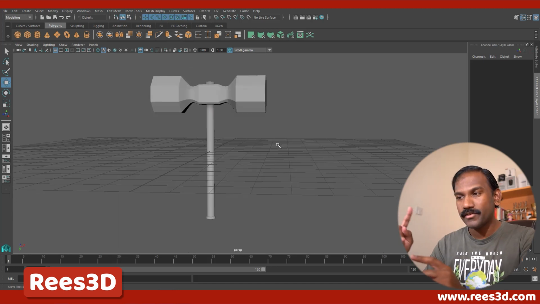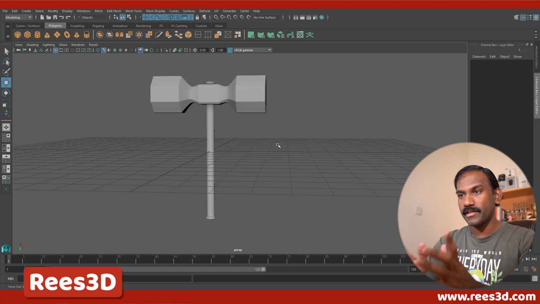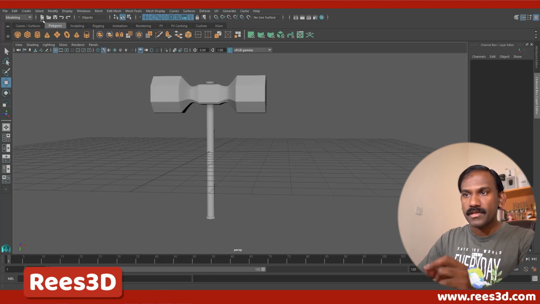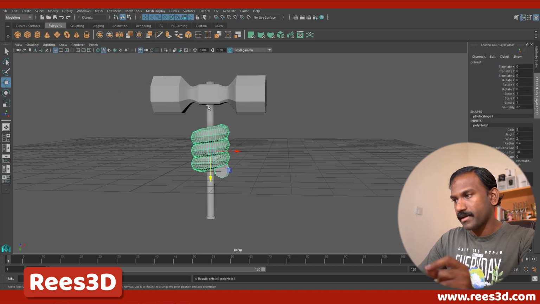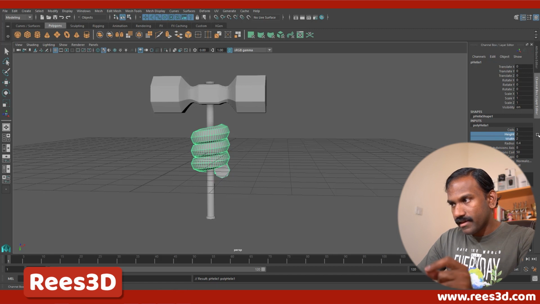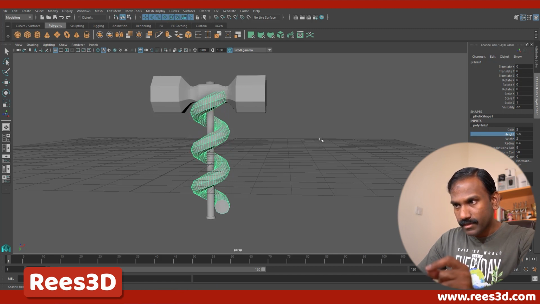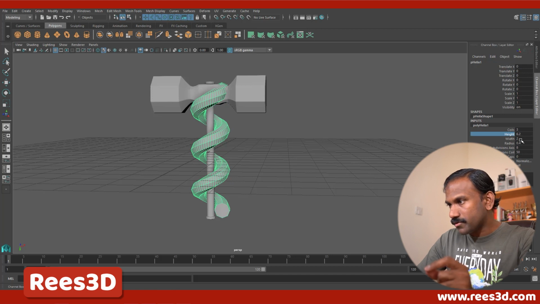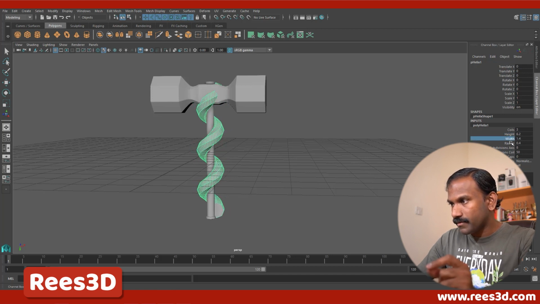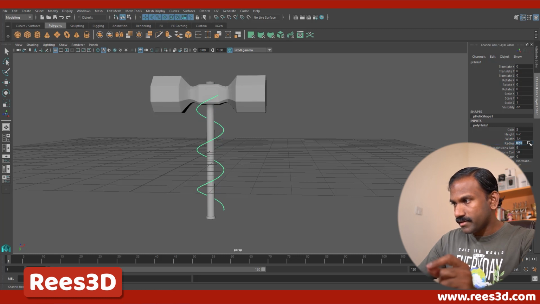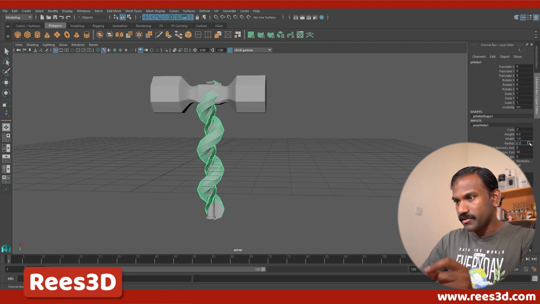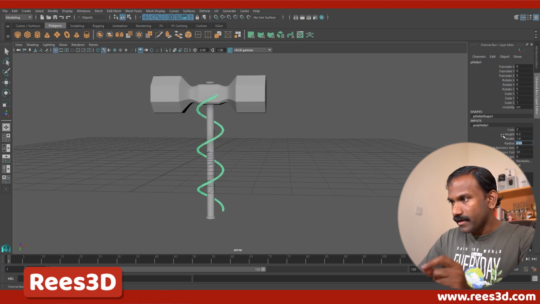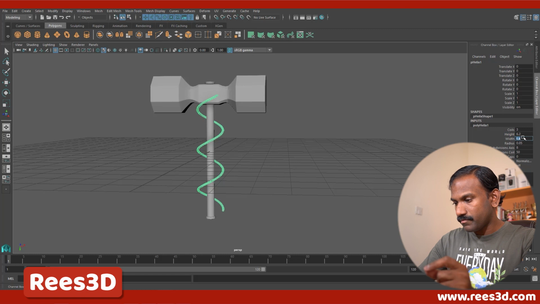All right, so now all we need to do is add the spiral for the handle. So for adding the spiral, I'm going to go to the create menu, and there we have polygon primitives and helix. Okay, so all we need to do is adjust the height. So increase the height basically, and I also need to reduce the width, radius. Okay, so I think radius can be like 0.2, too much, 0.1, maybe 0.05. Okay, and I have to reduce the width here, so let's say 0.1,